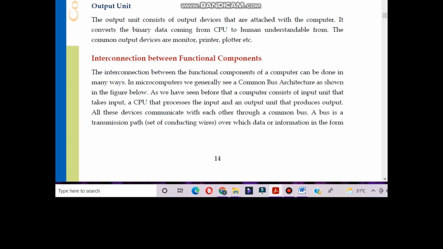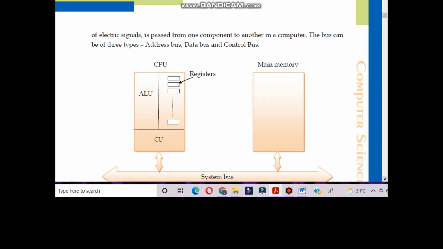What is the use of bus? A bus is where data can travel, meaning data moves from one part to another part. A bus is a transmission path, meaning a set of conducting wires through which data or information in the form of electric signals is passed from one component to another in a computer.